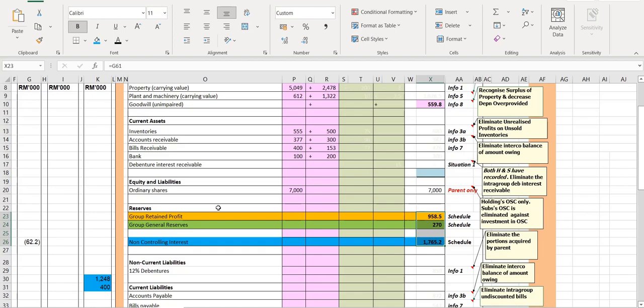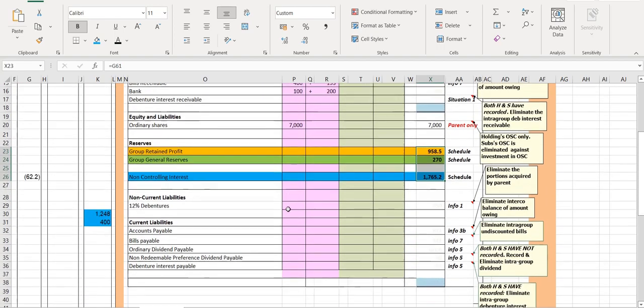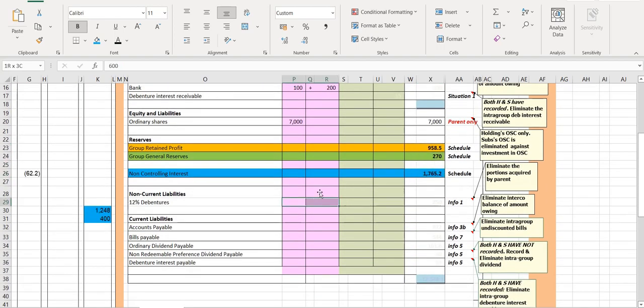Next would be to have your debenture. So for your debenture, first you can just add all this, up till here. And remember to include the new item that has arisen in number 5 and number 6. For the ordinary dividend, first just include the one declared by parent and the one declared by the subsidiary. And also the dividends that were declared by the subsidiary from the preference shares, and then also the debenture interest as per the SOFP, just include that.